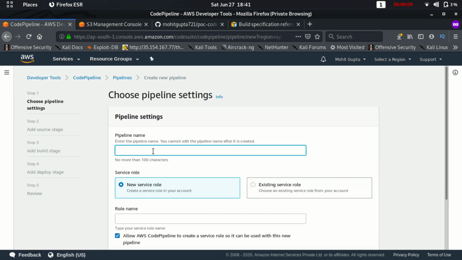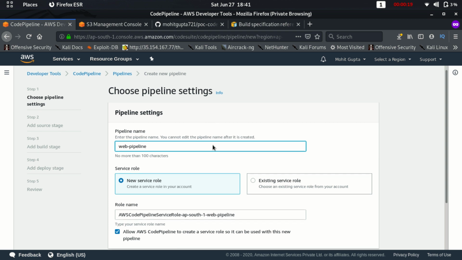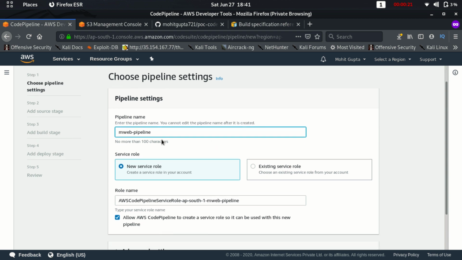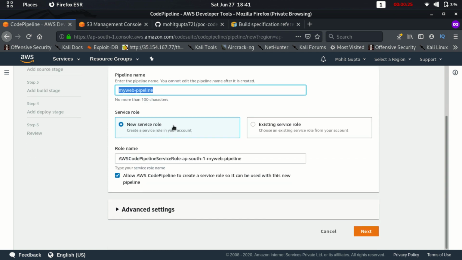So pipeline name, my pipeline, or whatever name you can give, my web pipeline. So it will automatically create a new service role for this, or if you have any existing service role, you can select it.